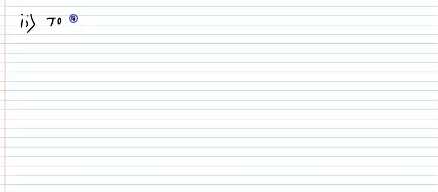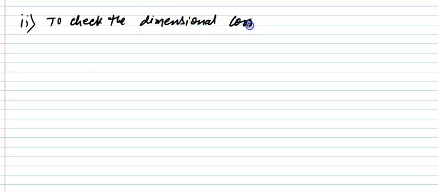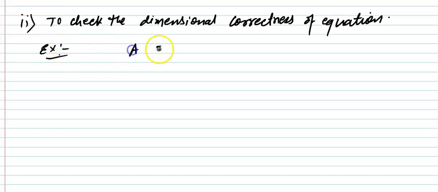the dimensional correctness of equations. To check the dimensional correctness of equations, let us consider an equation. For example, if I take the equation A is equal to B plus C, getting it? This equation will be correct if the dimension of each and every term over here is